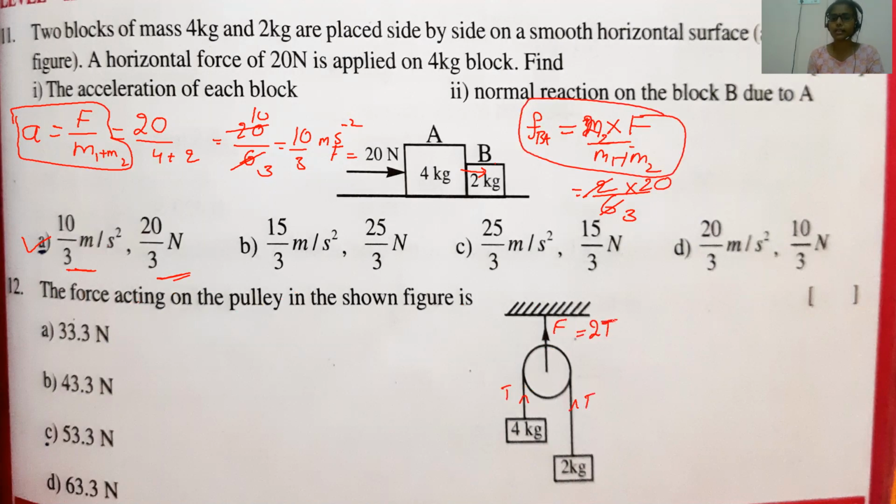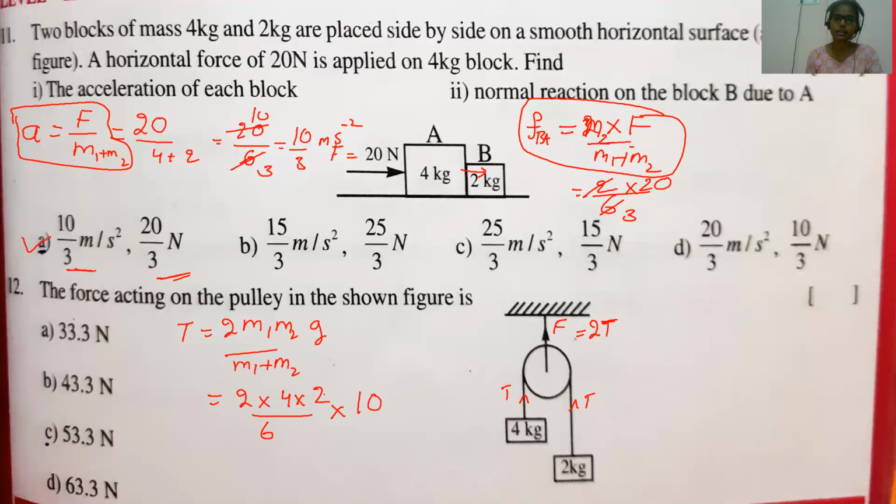But how to find the tension now? For this motion, the formula of tension is given by 2m1m2g divided by m1 plus m2. Just check the formula, how to derive it; I gave it in the first line. See that, and you get to know how to derive this equation. So T, m1 is how much, children? 4 kgs, m2 is 2 kgs, divided by m1 plus m2, 4 plus 2 is 6, into acceleration due to gravity. Your wish, you can take 10 also, no issues.